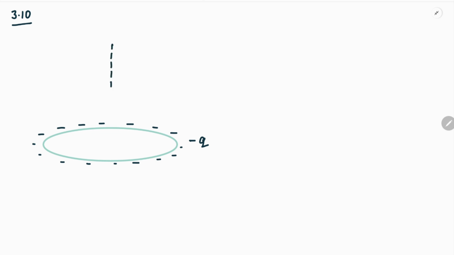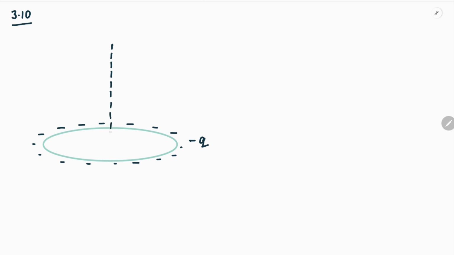So if we start approaching this problem, the first thing that we do is we draw a diagrammatic representation of the situation which is given to us. So we have a thin ring and it is distributed with a negative charge all over it. So the result will be same which we have obtained in problem 3.9. We will be using the same result. The only difference will be that the electric field will be directed towards the center of the ring on its